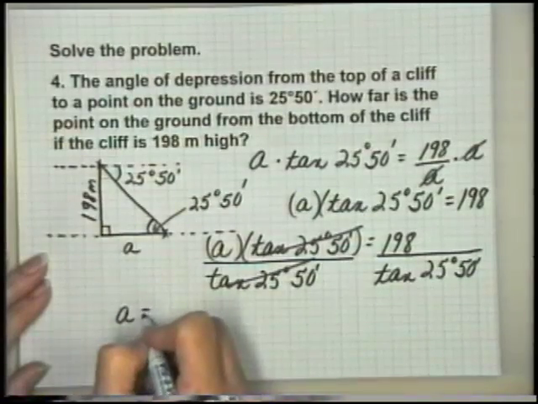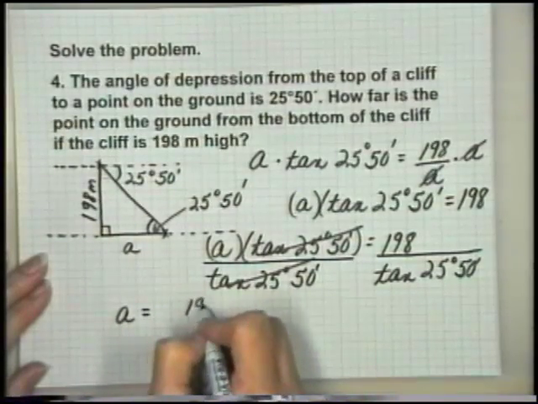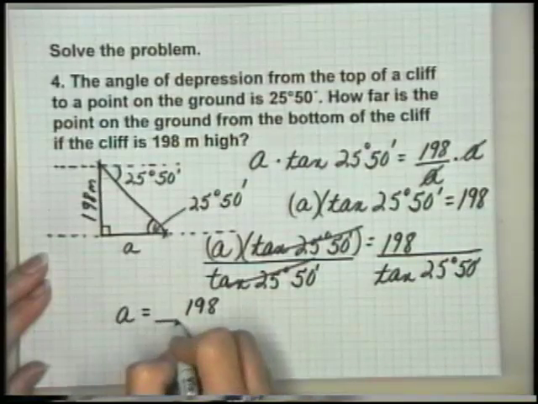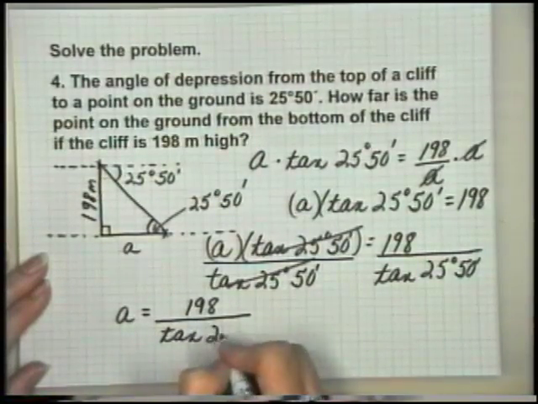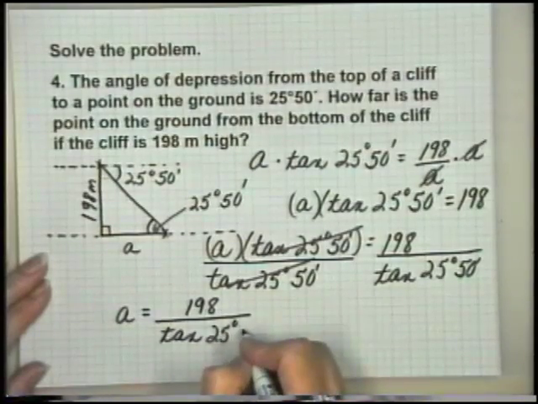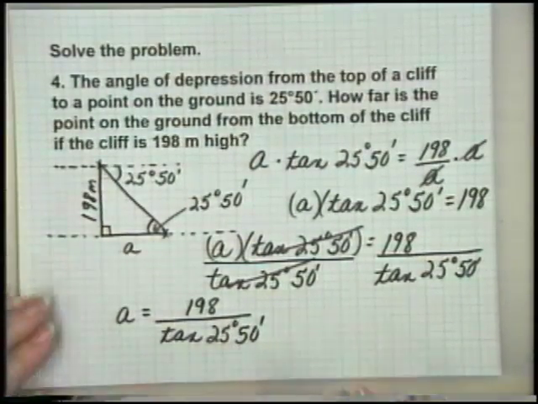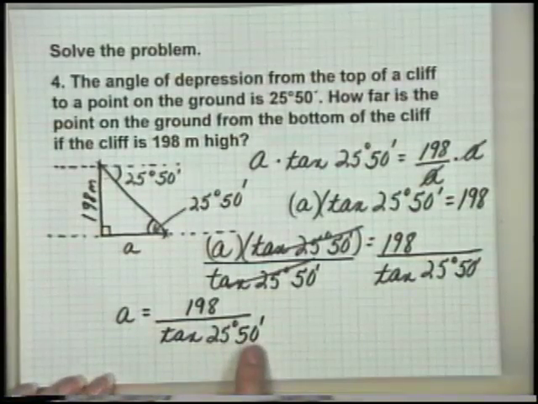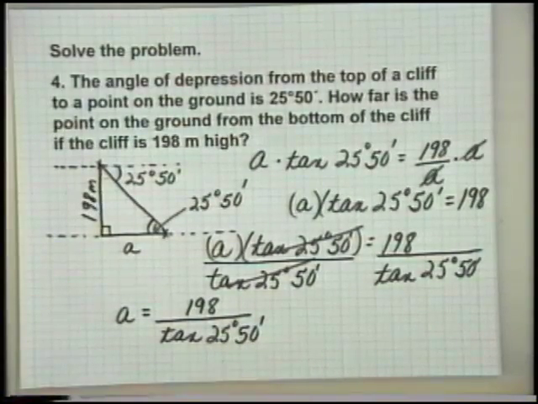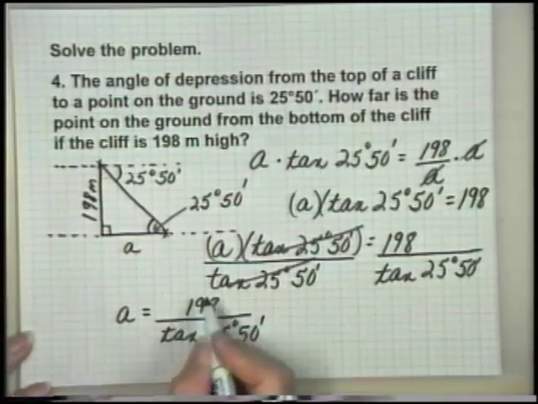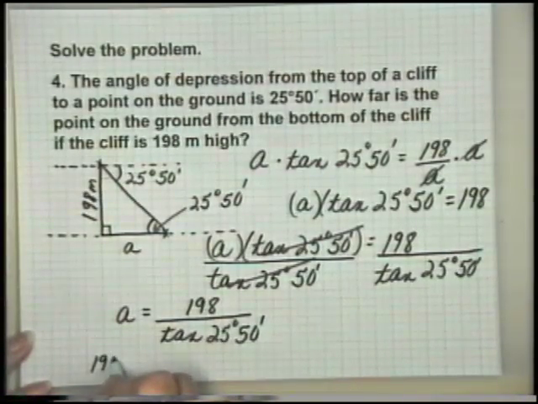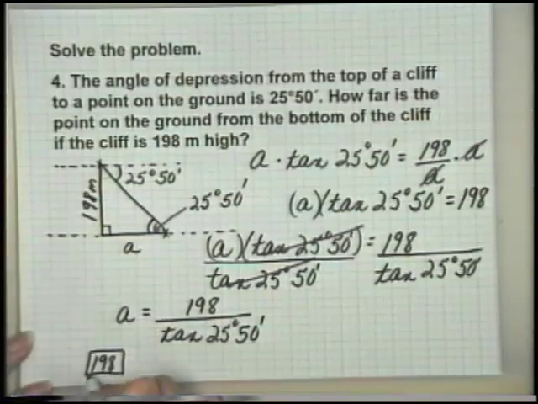So when I get ready to calculate what A is equal to, 198 divided by the tangent of 25 degrees 50 minutes. Since this is in degrees and minutes, when I put it in my calculator, I will need to convert degrees and minutes to decimal degrees, however you do that. On my scientific, I would say 198